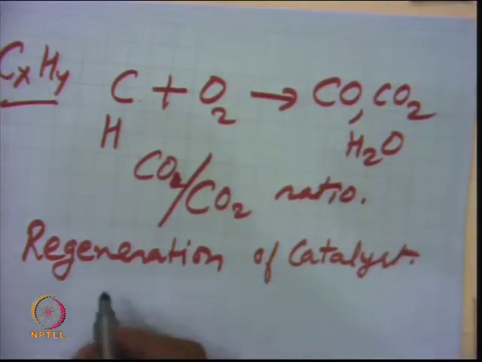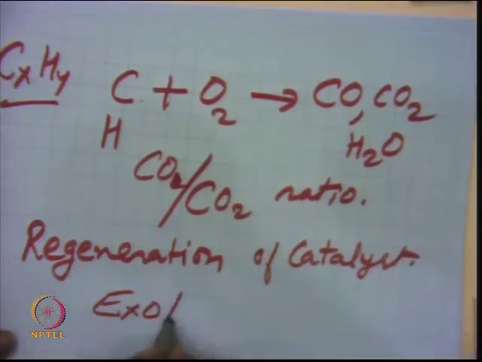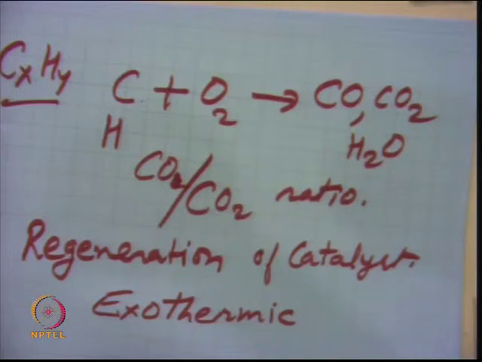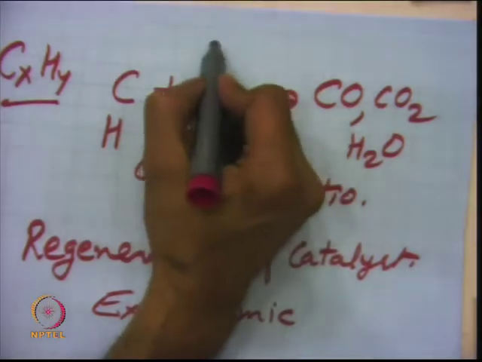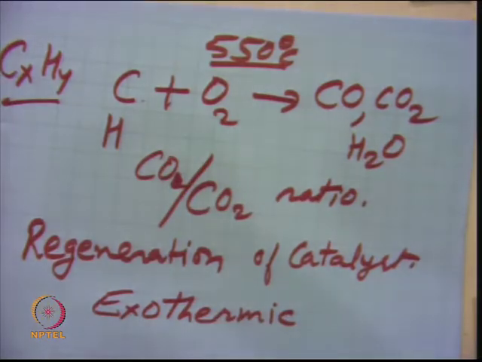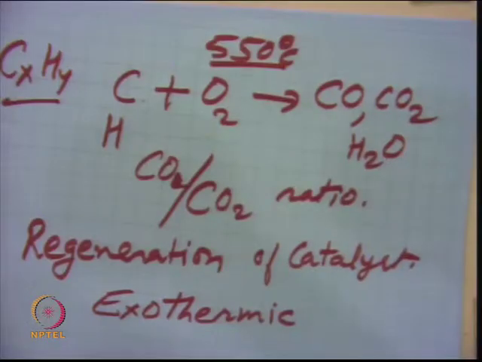Because this process is exothermic, heat is generated. So one needs to control it, because if the catalyst is being burned in the presence of oxygen at around, say, 550 degree centigrade, which is generally the temperature required for regeneration, and the temperature exceeds, say, 700 or 800, then your catalyst may get damaged. Zeolites, say ZSM-5, cannot sustain a temperature of more than 550 or 600. They are not stable with respect to high temperature.